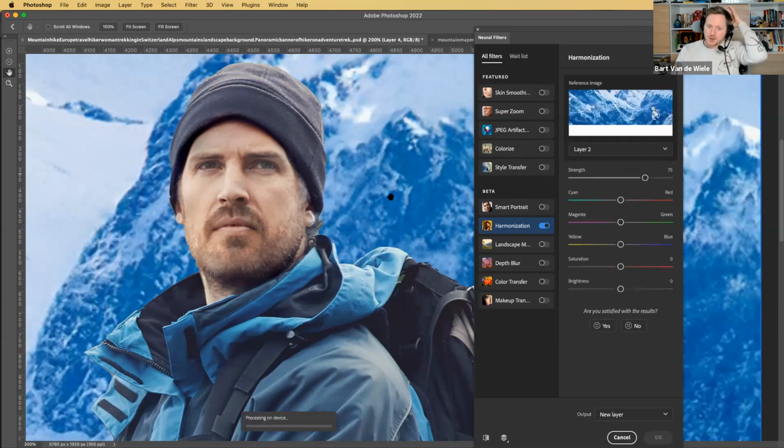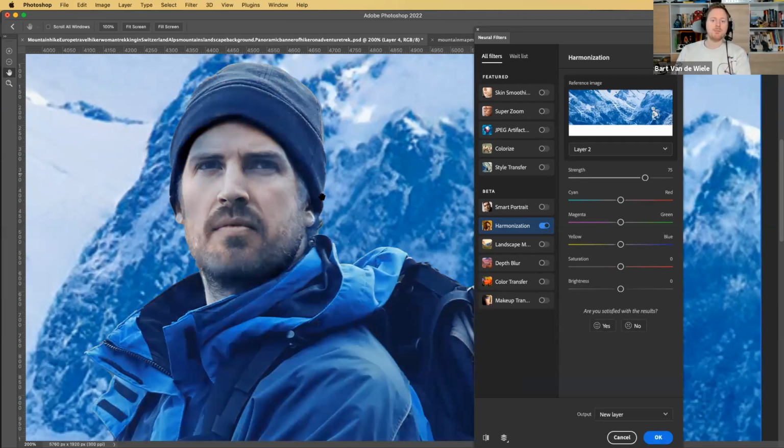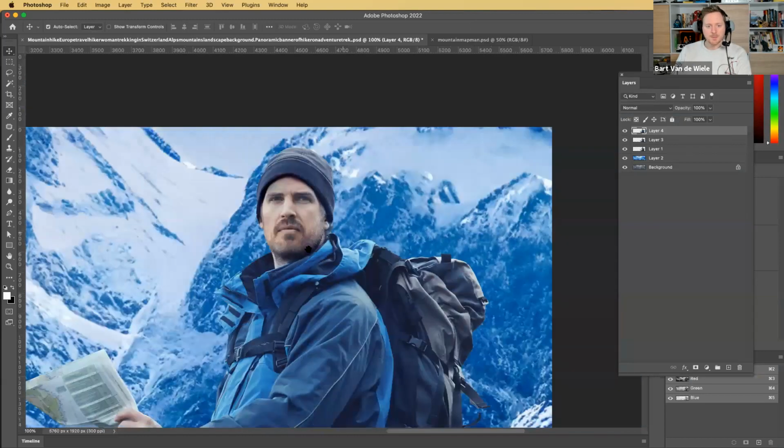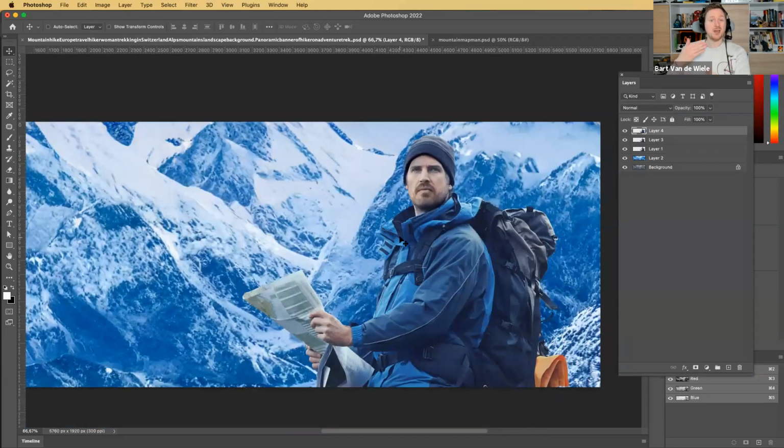Now look what happens in a couple seconds here. It's going to analyze this image and recolor it, allowing it to better blend this one individual with the background. I can even change the strength of the effect. I'm going to reduce this just ever so slightly, and now I'm going to choose OK. And now it actually recolored this image for me as well, which gives me a really good composite